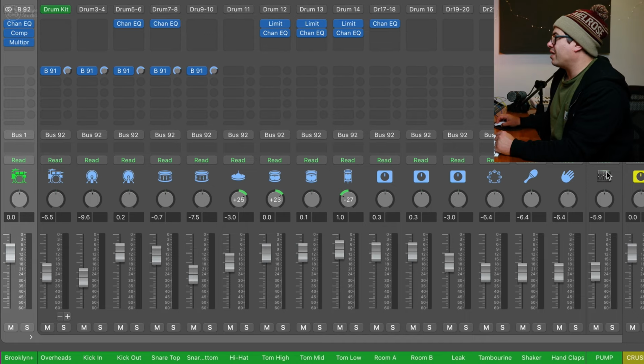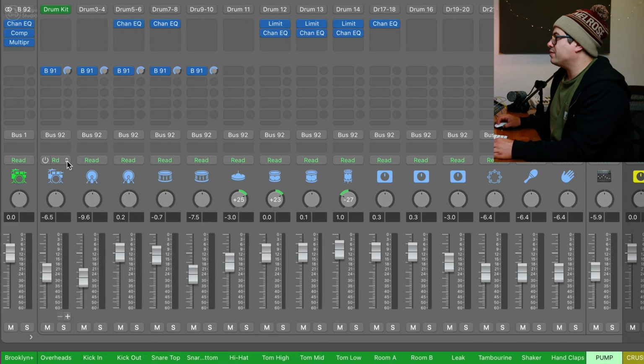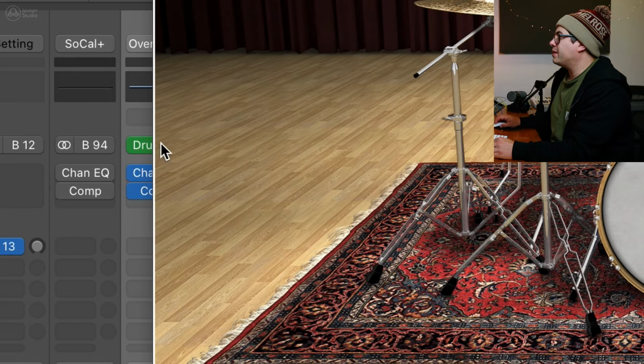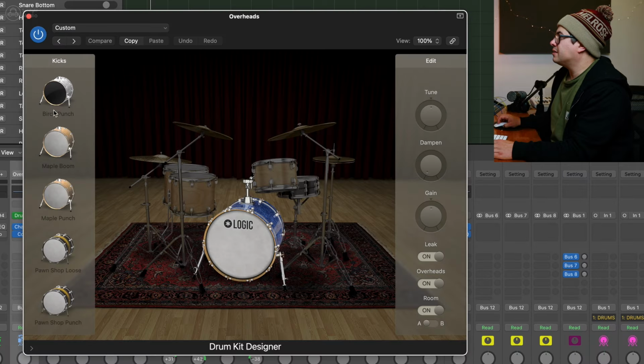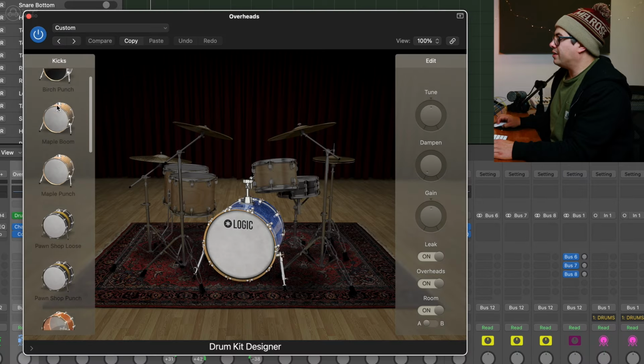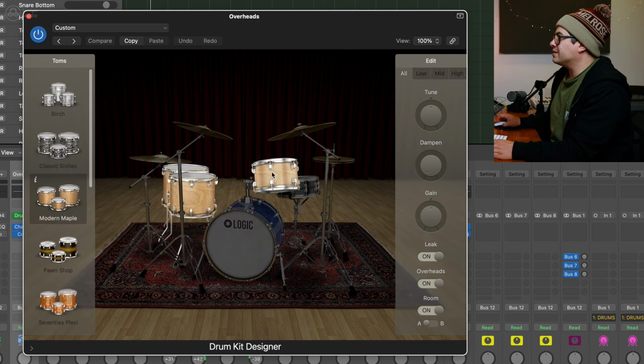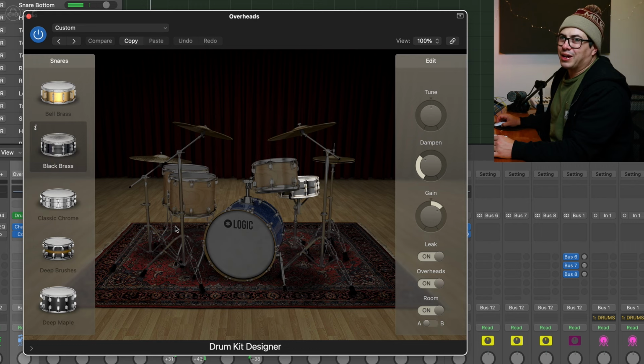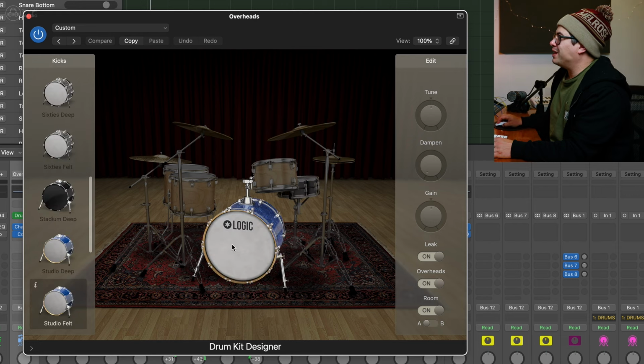And I am right. So it does mess with that. But maybe if we change the kit up here, you can still go through and change all of the sounds in here and pick your toms and your snare. That's maybe the better way of doing it. Otherwise, every time you click on that kit, you're going to have to re-establish the routing, which is kind of annoying. So if you're going to change things up, just open up the drum kit MIDI, have a look through